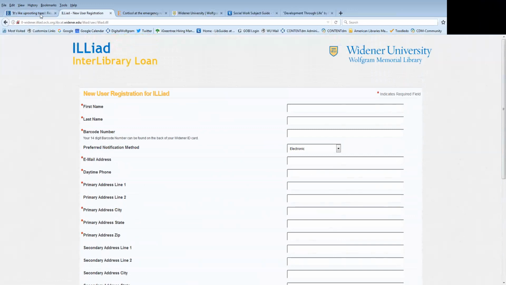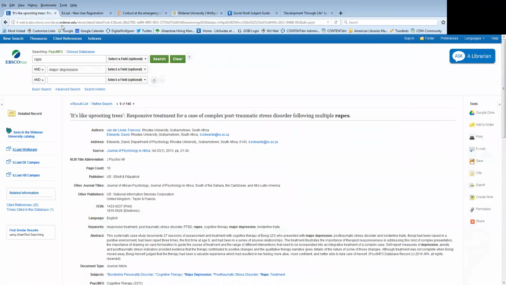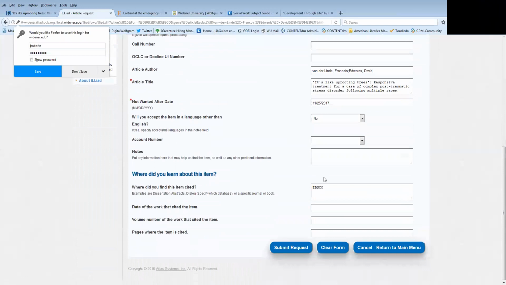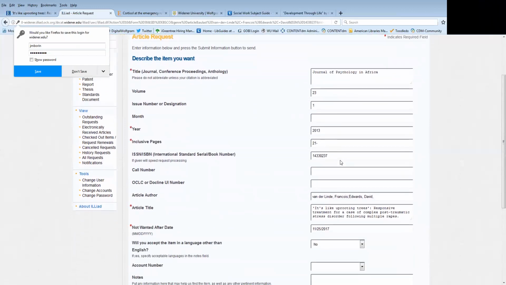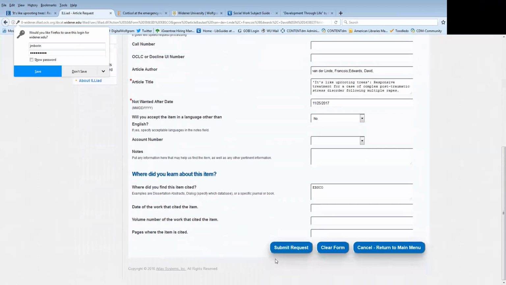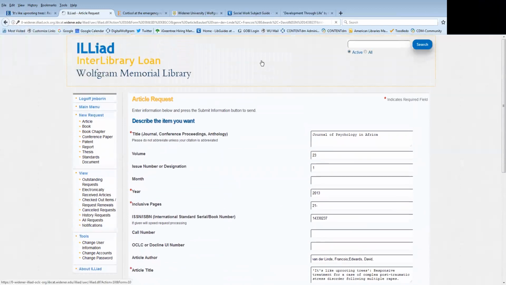Once you do that, and you enter all your information, you want to do the orders for Illiad directly through the database, because if you click on Illiad Wolfgram again, and you put in the username and password that you created, putting in mine, all of the information for that article is filled out for you. So you don't have to worry about what is the volume number, issue number, or ISSN number that you may not know. All the information is filled out for you. You just press submit request, and then you will get an email from